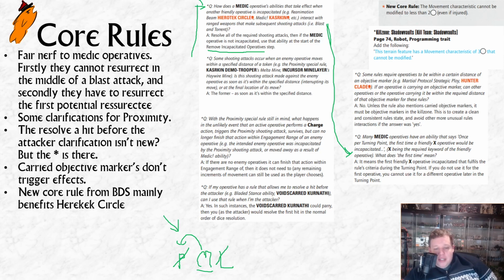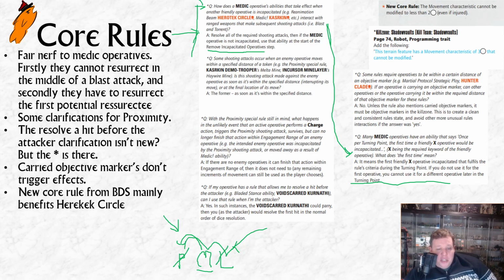So, for example, if it was a blast attack and the initial target was the lasgunner, and it killed the lasgunner, and then it blasted out and killed the medic and the plasma gunner, would that mean that you had to try and revive the lasgunner, as per this FAQ? Or does this muddle the thing sufficiently? I appreciate I'm splitting hairs, but nobody else has mentioned this, and I've got to add value to my channel somehow, right?